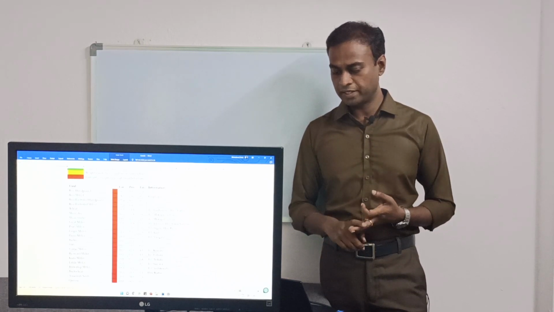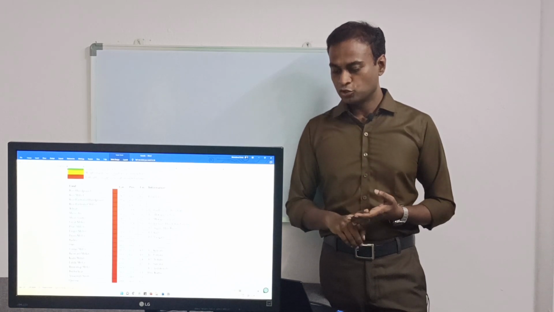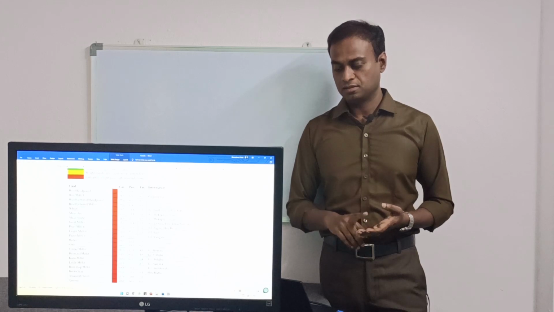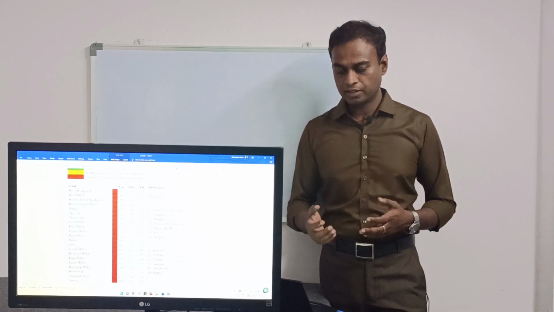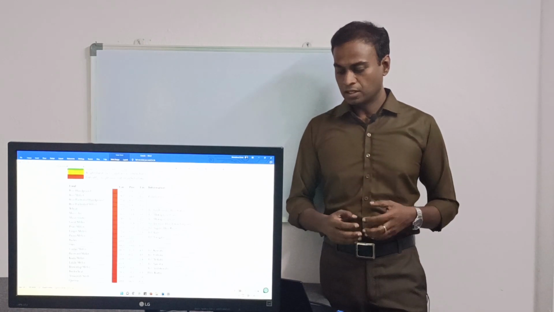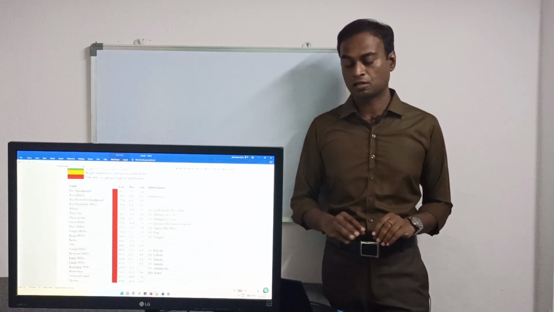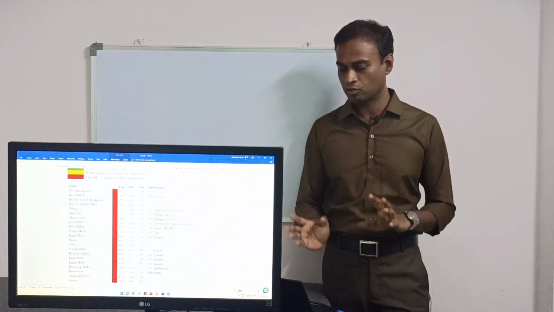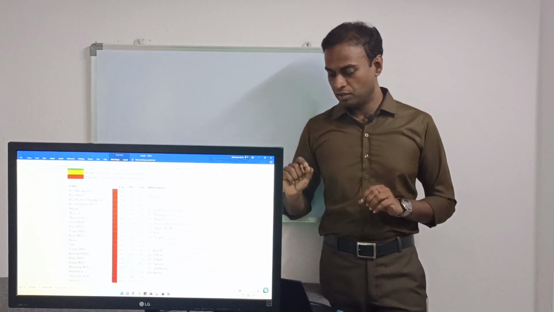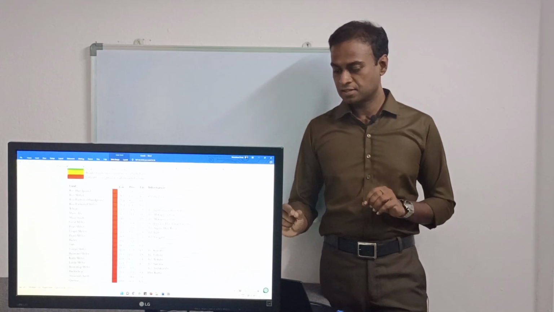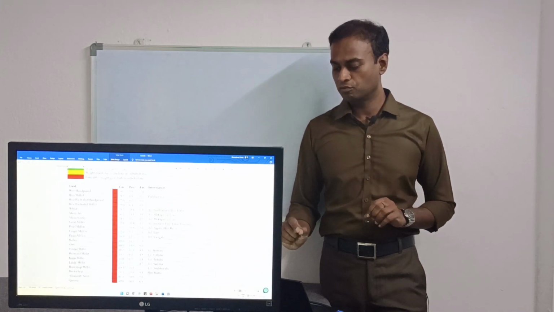Little millet, barnyard millet, foxtail millet, kodo millet, oats, barley, wheat, maize both in dry form and tender form, pearl millet, finger millet, proso millet. Okay, none of the cereals and none of the millets, none of the pseudo cereals are good for human consumption, because you can see every millet has more than 60%. So this is not at all good for human consumption.